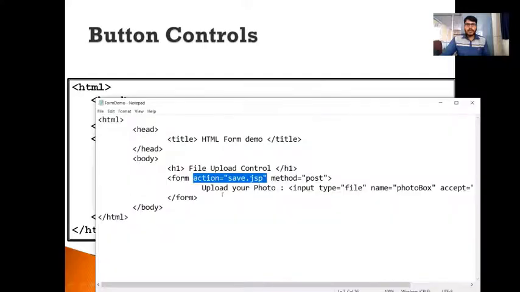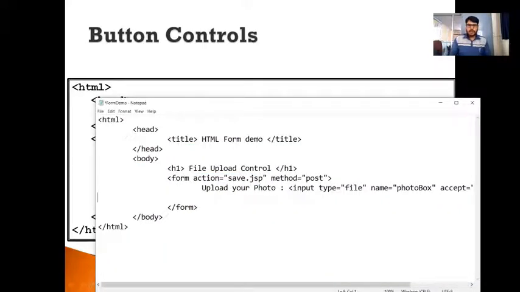Already we have created one sample HTML form. So below this, assume that I'm going to specify a submit button. For that, I can use the input tag with the type attribute. Within that, I'm going to create a submit button, so the type I need to mention is submit here.